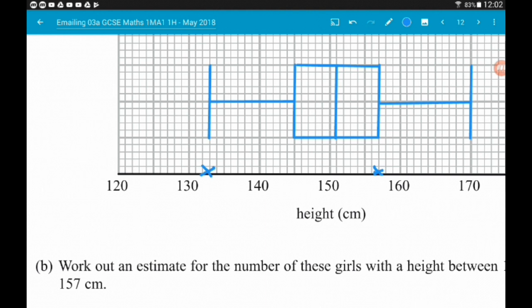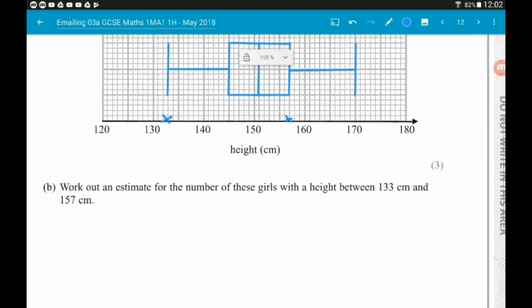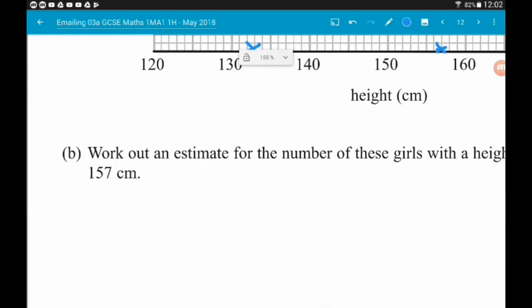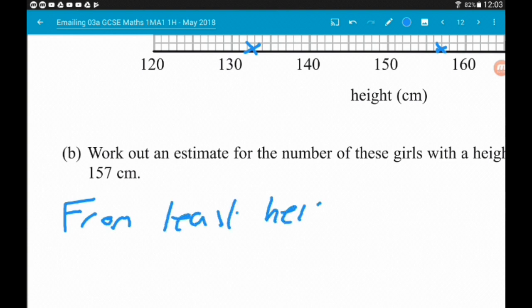So from the least height up to the upper quartile,